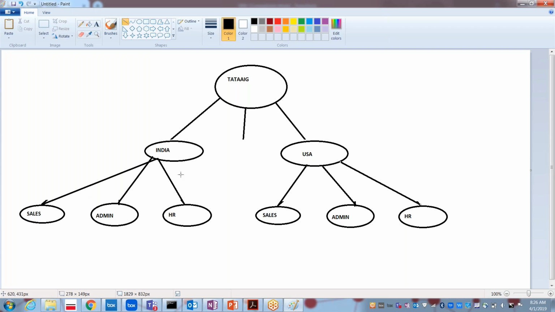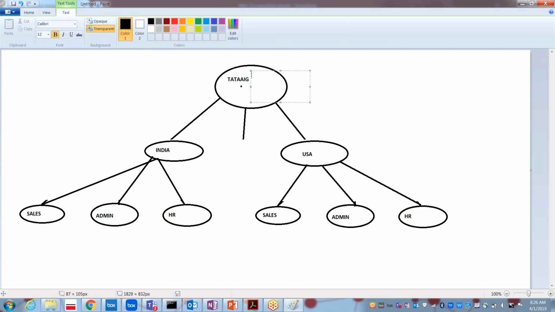Here again, few things would be common across the organization, irrespective of the country. Those things we will be specifying under the organization division. So what would be common across the organization? The common things like company name, and again company logo, and what else? CEO of the company. Yeah.